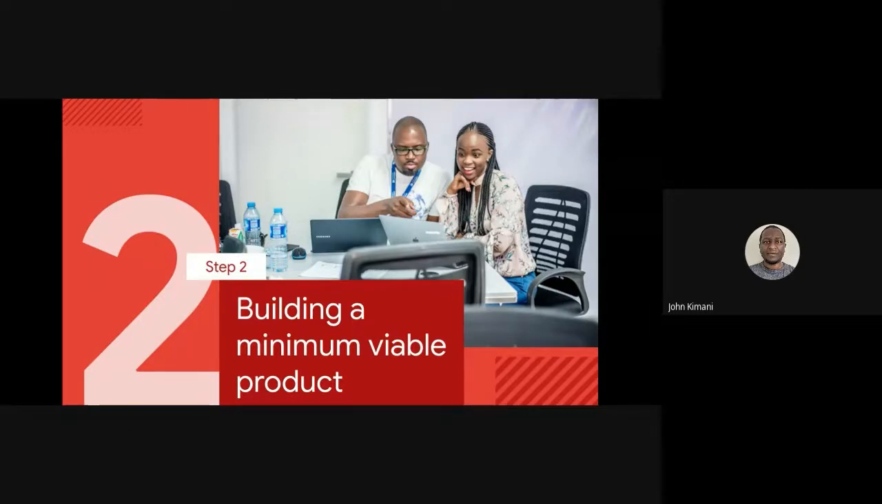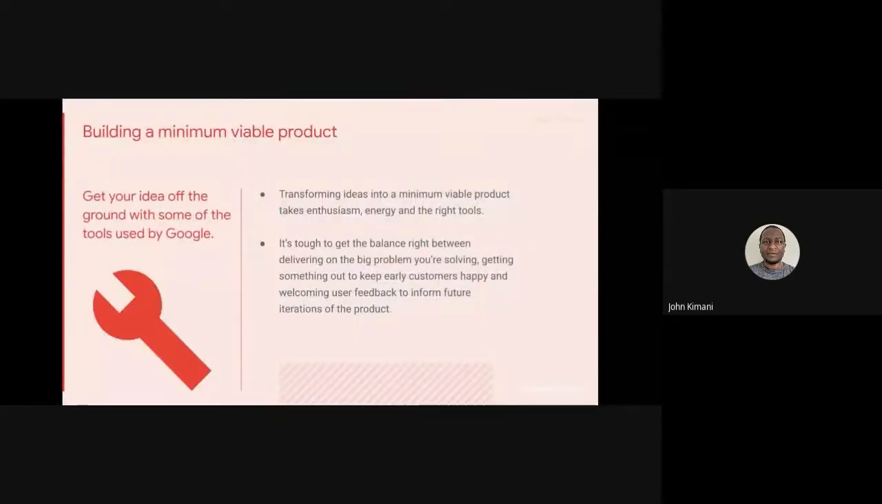And so when you're building a minimum viable product, you need to think about a lot of things. It's basically taking your idea into an application. How do you move from idea to application? How do you get your idea off the ground with some of the tools that we have at Google? Number 1,